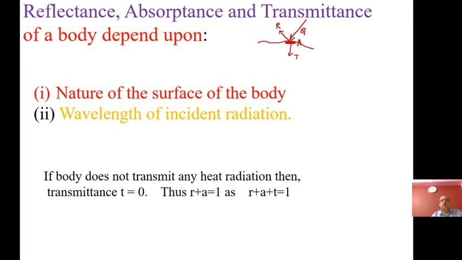And this depends on the nature of the surface of the body. Then the heat which is coming in form of radiation is Q, and it is now divided into three parts: R plus A plus T. If we divide this one by Q, then it is Q by Q is equal to R by Q, plus